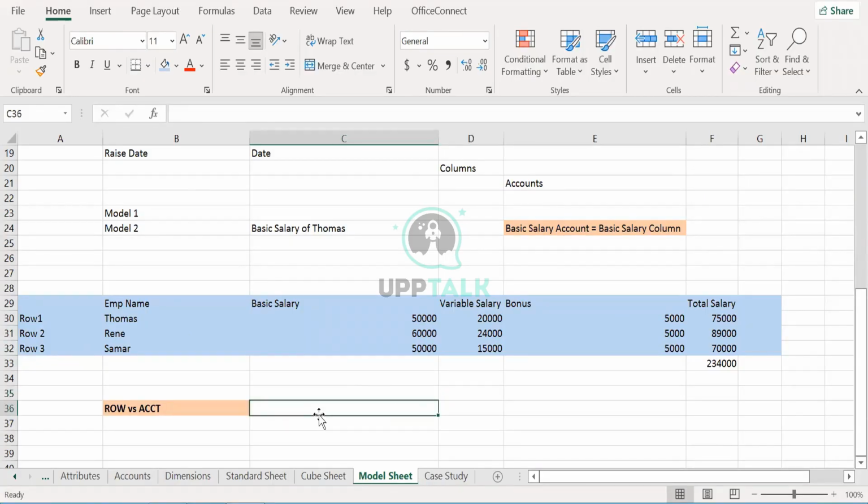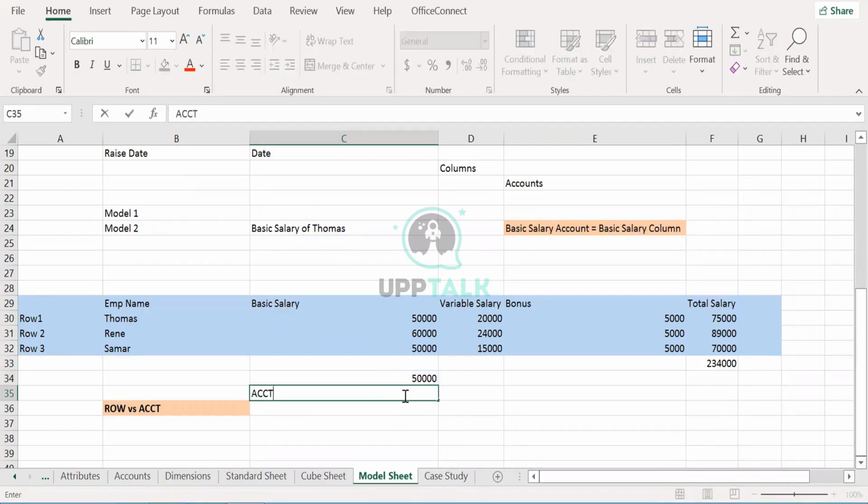Now tell me, if you want to address what is the basic salary now, you have to tell me in words what is the basic salary of Thomas. It is 5,000, but now in adaptive, you have to tell me what is the basic salary of Thomas. How will you write the code? Write the syntax. If you want to address in Excel, what you will do? It is C30. It is saying that C30 is basically C30. It is addressing this way. Similarly, in adaptive, what you will write? Will you write account dot basic salary or will you write row dot basic salary?